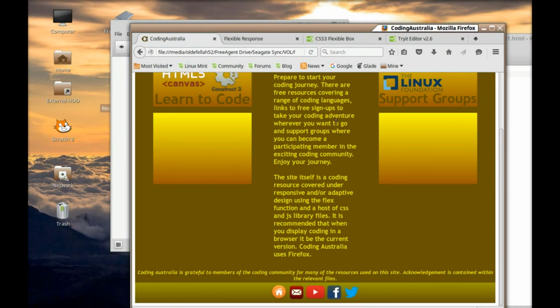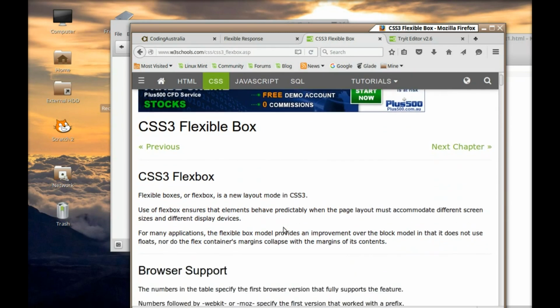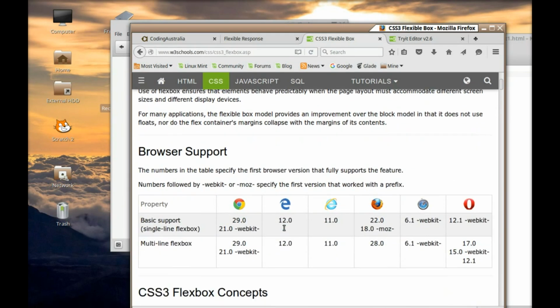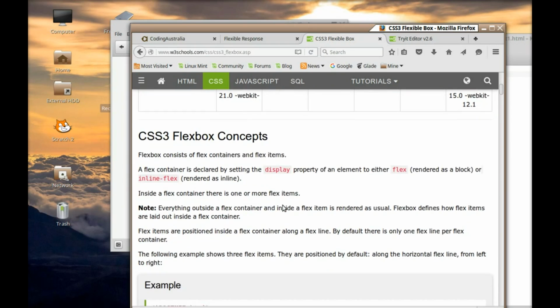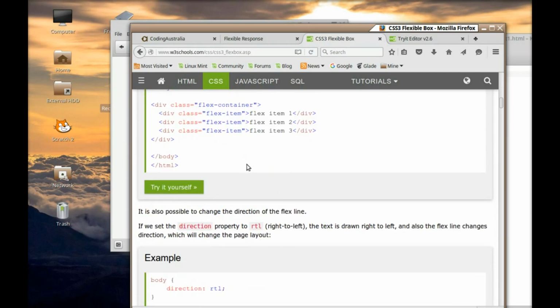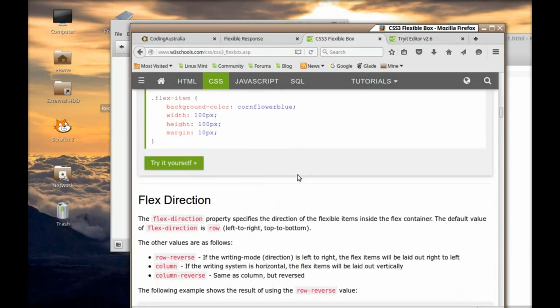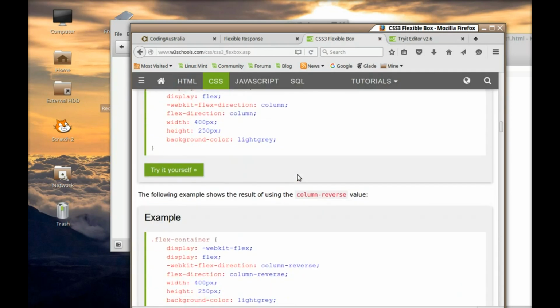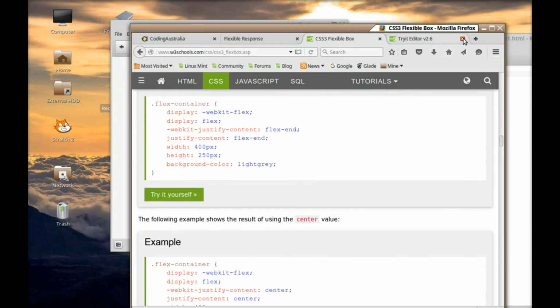So the first thing I want you to do is read a little bit at the w3schools.com website. That's the place you're going, and this is what I'd like you to have a look at: CSS3 Flexbox. You can look this up if you wish. It tells you what it's about, gives you some examples, and you can try these examples yourself. So when you flick over, try it yourself, you'll see stuff over here, and you can change the code and basically have a look at